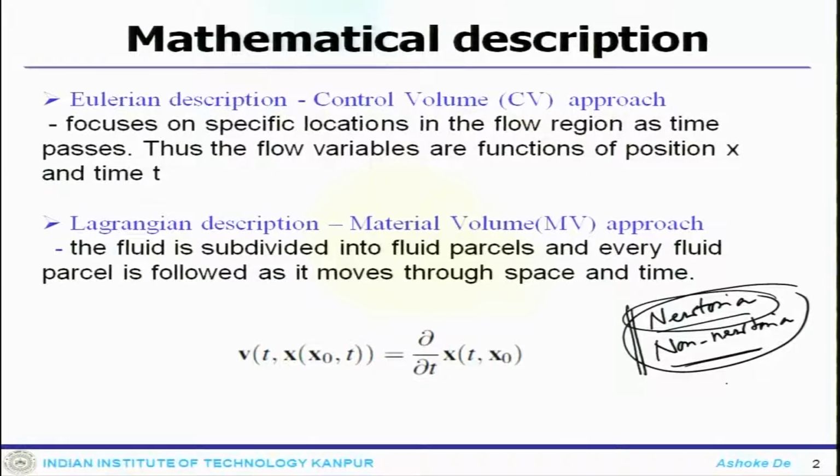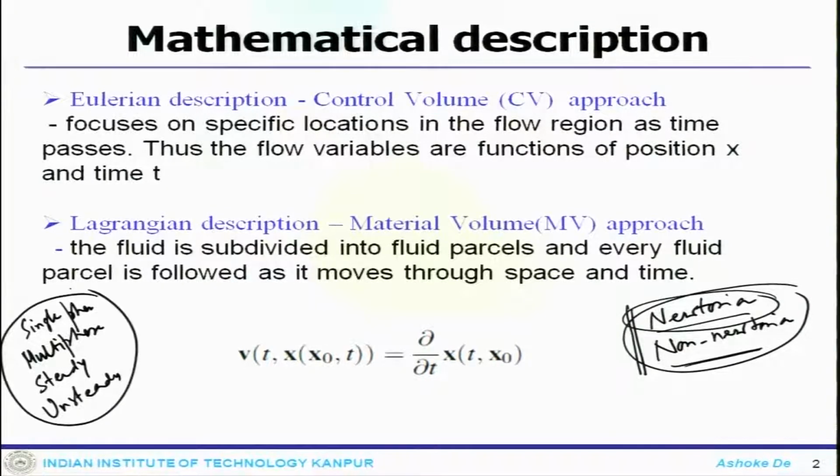Now, the fluid flow system could also be categorized as a one dimensional, two dimensional, or multi-dimensional system. It could be a single phase system or a multi-phase system. It could be steady or unsteady. So, all these are different ways one can classify the system. Essentially, these lead to the set of conservation laws, which form the Navier-Stokes system.